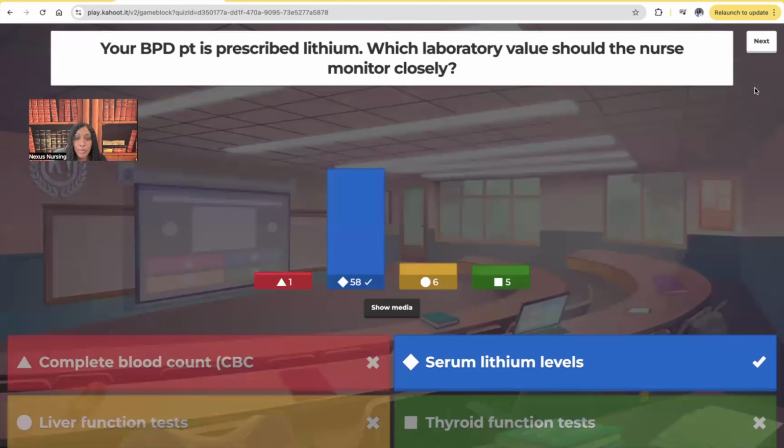Very good for the people who are paying attention. I just talked to you about the normal value levels and how we need to stay within that range. We don't want our patient to go into lithium toxicity. Come on, guys. Signs and symptoms of lithium toxicity you guys need to be aware of: vomiting, diarrhea, muscle weakness, ataxia. Ataxia, I'm going to tell you what that patient looks like. You ever seen someone stumbling out of the bar because they're drunk and they're just walking this way and that way? That is ataxia. So we're going to be very careful with toxicity.